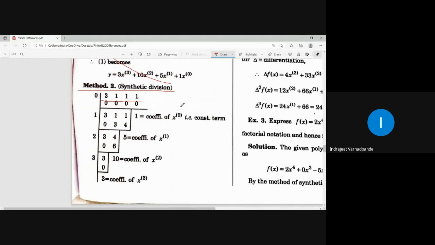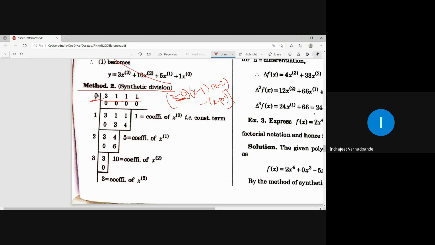Now in the factorial notation, the first factor is x. x is nothing but x minus 0. The second factor is x minus 1. The third factor is x minus 2. The last factor is x minus (n minus 1). Right? This is what the definition says. So as a custom, we take the first factor as 0.